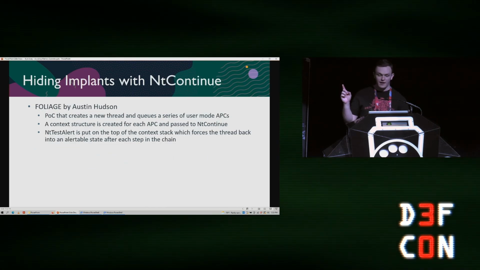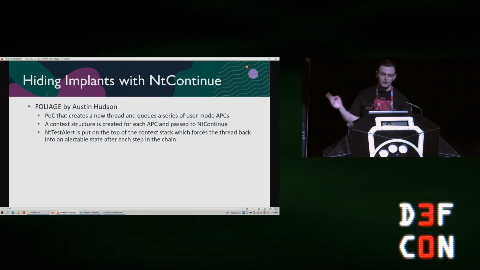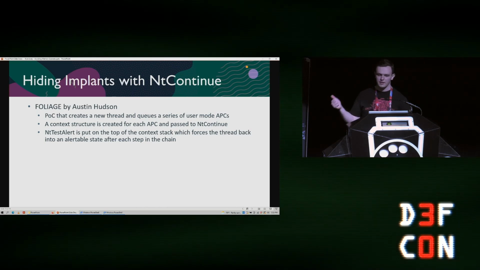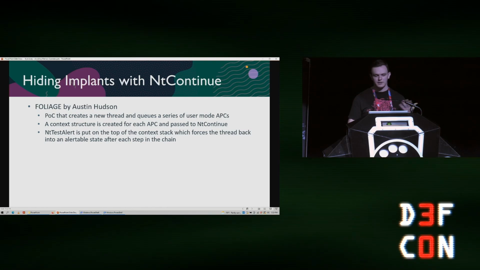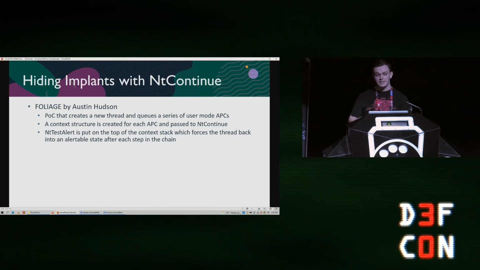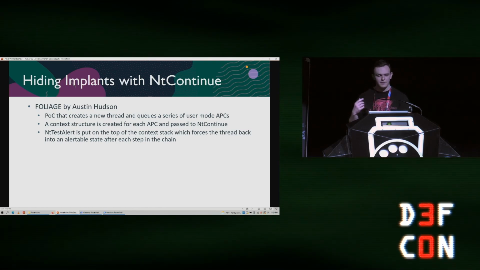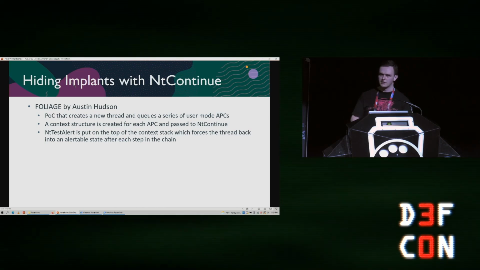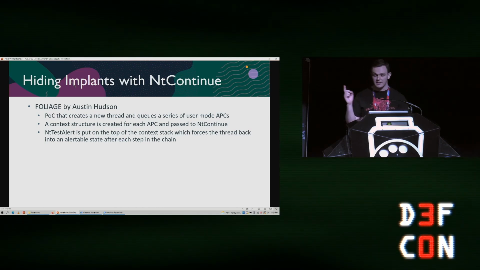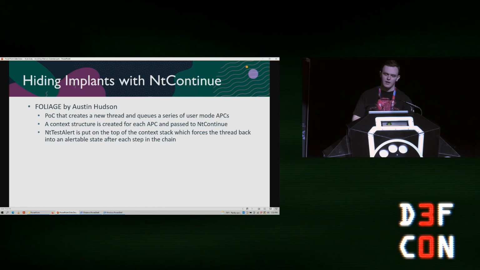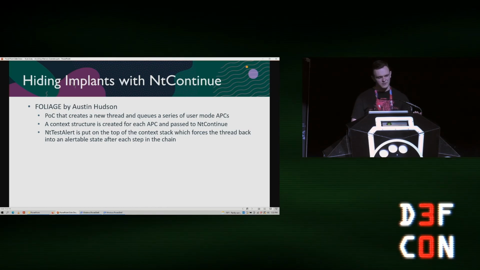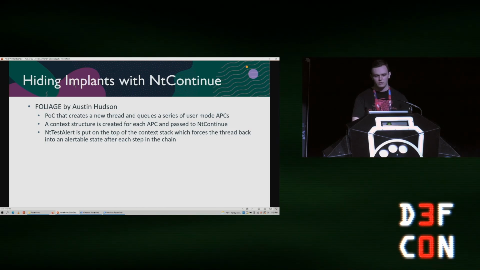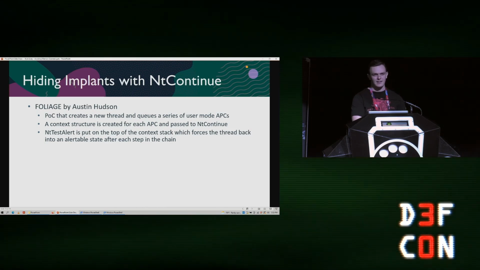Now, what is sort of the solution to this is this project from Austin Hudson. So this is called Foliage, and Foliage is a proof of concept on GitHub that is similar to Gargoyle, but instead of using ROP, instead of trying to find gadgets, it's going to use this API called NtContinue. And NtContinue is really awesome because it's traditionally used for exception handling, but what its purpose is, you pass it a context.